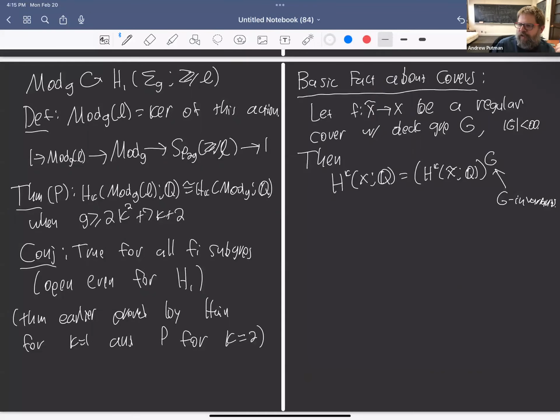Okay, so this is just a basic fact about the rational cohomology of covers. As I said, it's elementary. It really just comes from thinking about how the group G acts on the chain complexes, computing these things. So, okay, what do we have? What consequence does this have? What this implies,